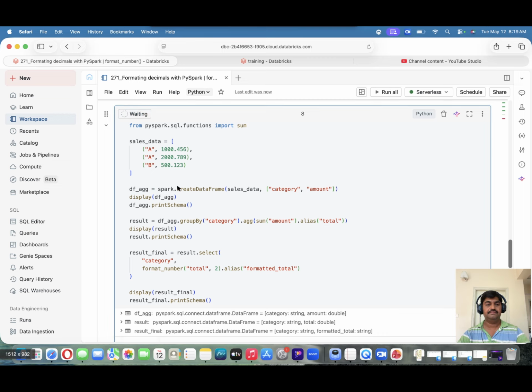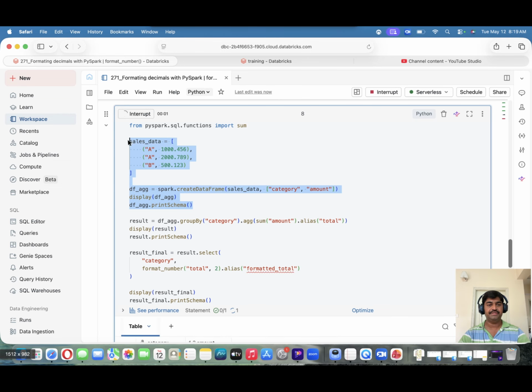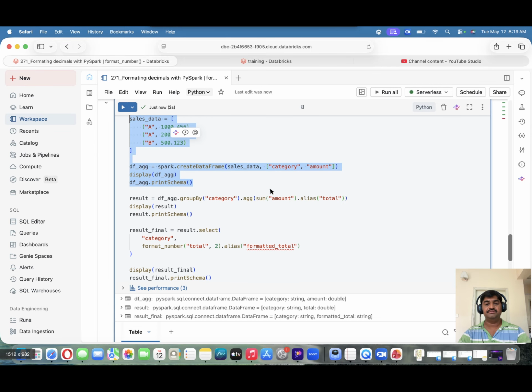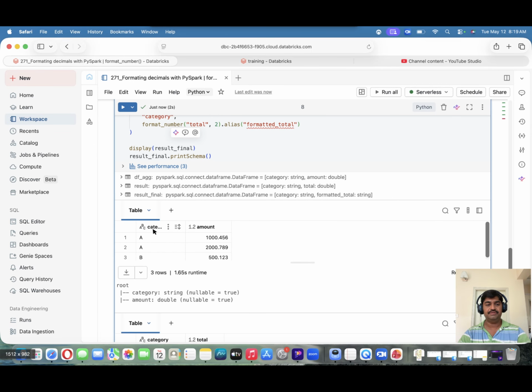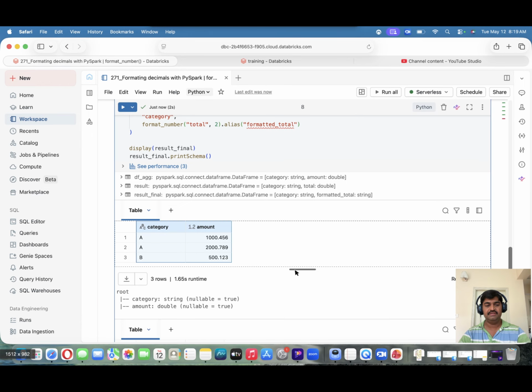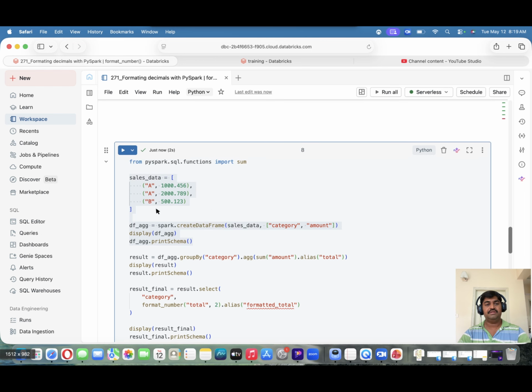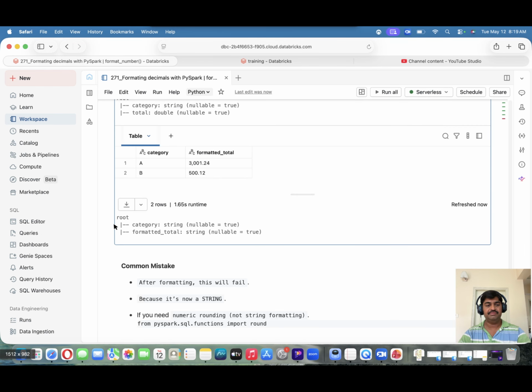Okay, so first we'll see up to here. So here we have 2 columns. One is category, one is amount. The relevant values are this one, and the relevant schema: category is a string, amount is double. So now on top of this, what I'm doing,